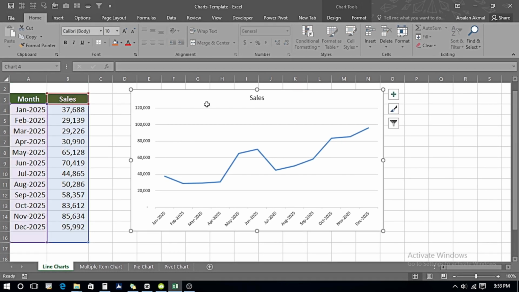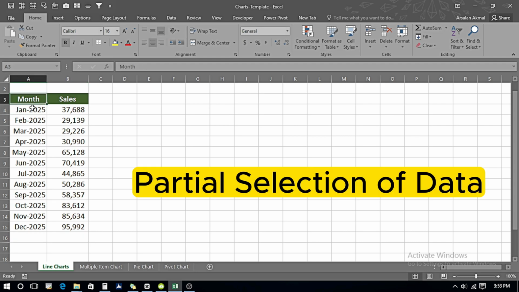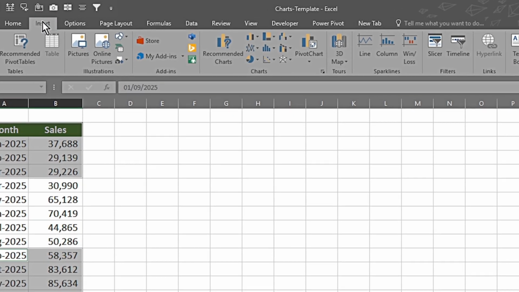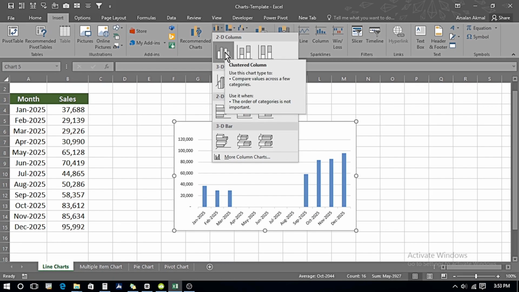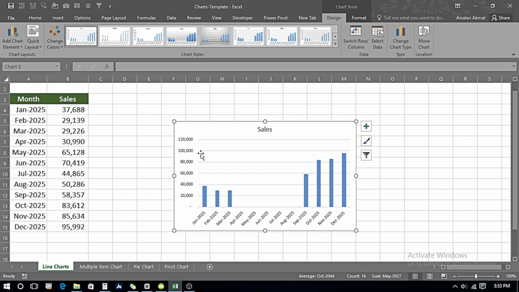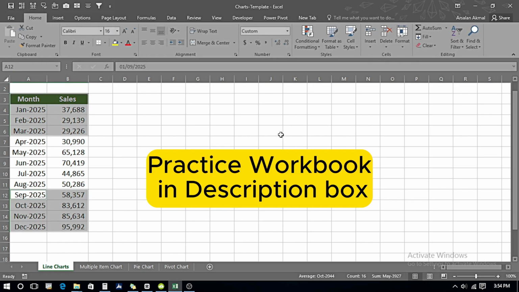We delete this chart once again, and for example, if we select our data like this, and then we select these closing months like this, we go in the Insert tab, in these column charts, and I click on this first option, and here we can see that we can make a chart like this also. So it is showing the first 3 months, then it is missing all of those months which we didn't select, and then it is showing the selected closing months. So you can filter the data like this also. We delete this chart.